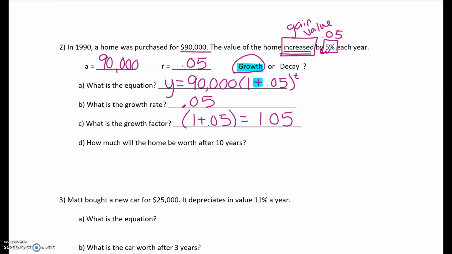All right, so looking at D now, it says how much will the home be worth after 10 years? This is our time. So we're going to plug that back into our equation that we wrote. So y equals 90,000 times 1 plus 0.05 to the 10th power. Okay, we're going to let our calculator do that. So typing that into our calculator, we are going to get